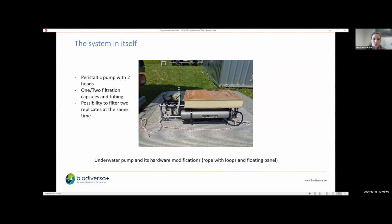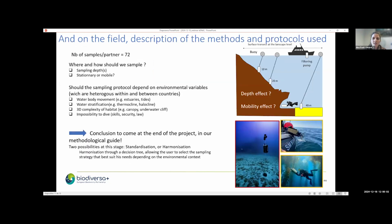And then we also had to decide on the field because, and I forgot to say that beforehand, there are no official protocols for sampling eDNA for reef fish monitoring. So there are a few questions that we wanted to address in these pilots, which are where and how should